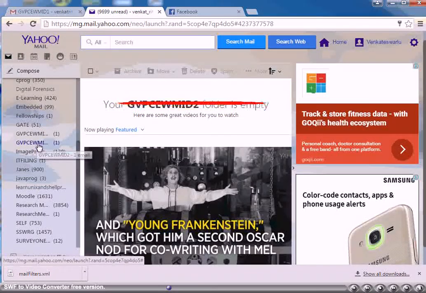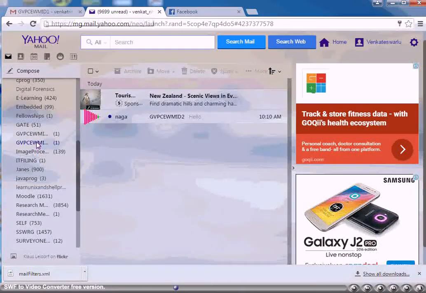It shows that the folder is empty. Probably that message might not have yet arrived to this email box. I will wait for a while. I have checked this folder again. Now I have seen the email.